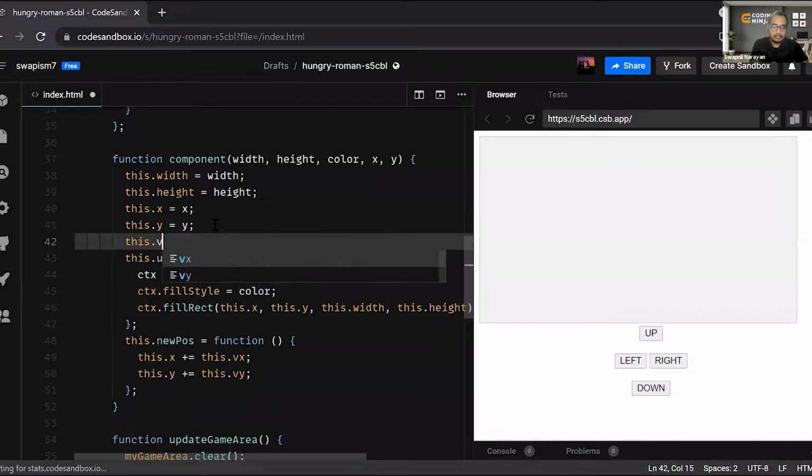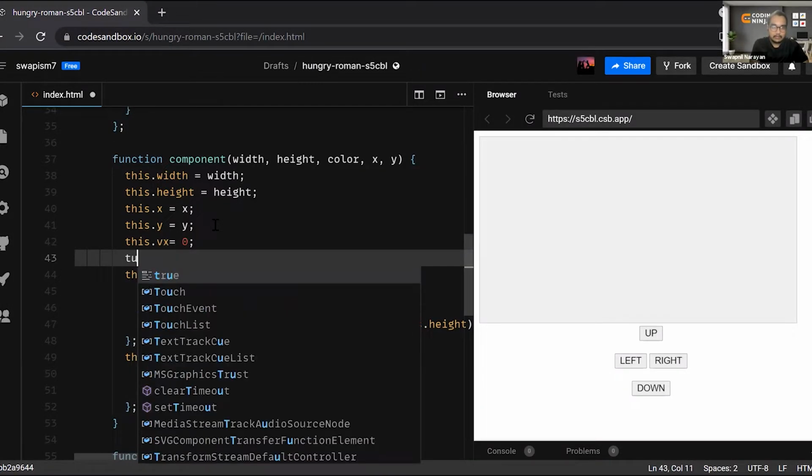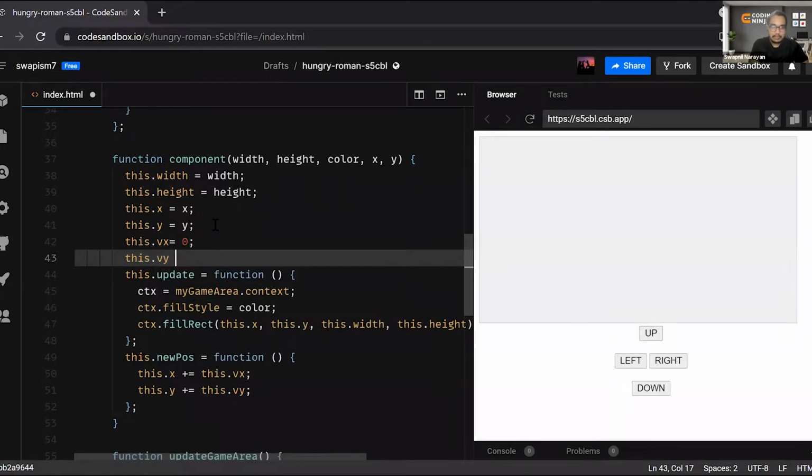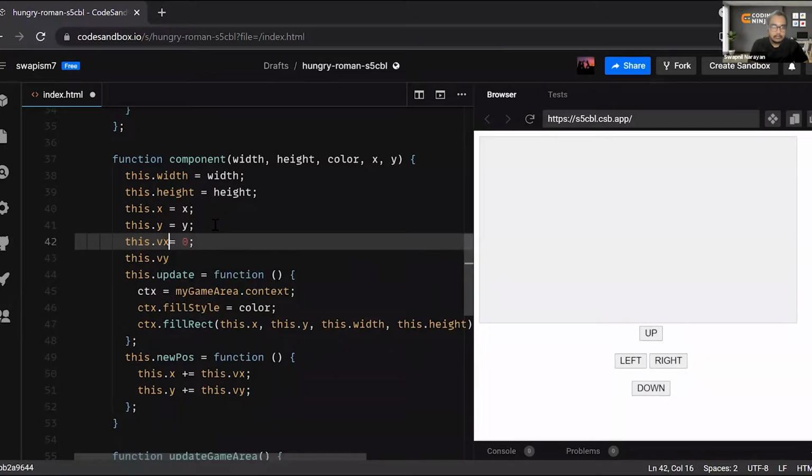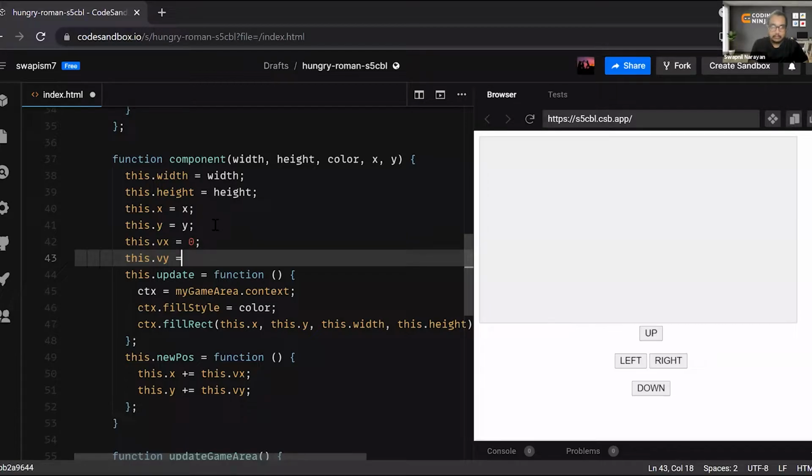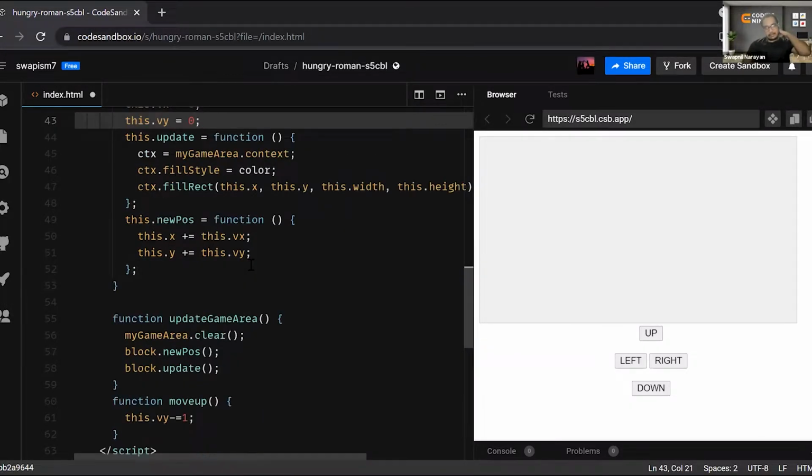So this.vx is equal to 0, and this.vy will also be 0. So the initializations are done, the updation is done, and we have declared everything.